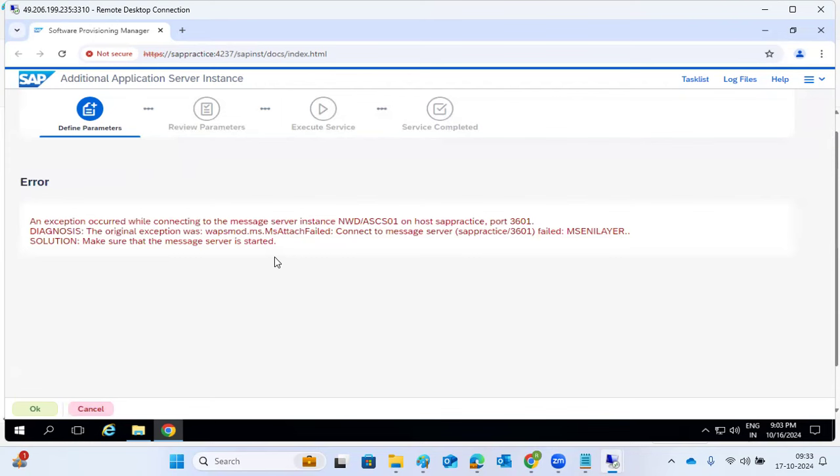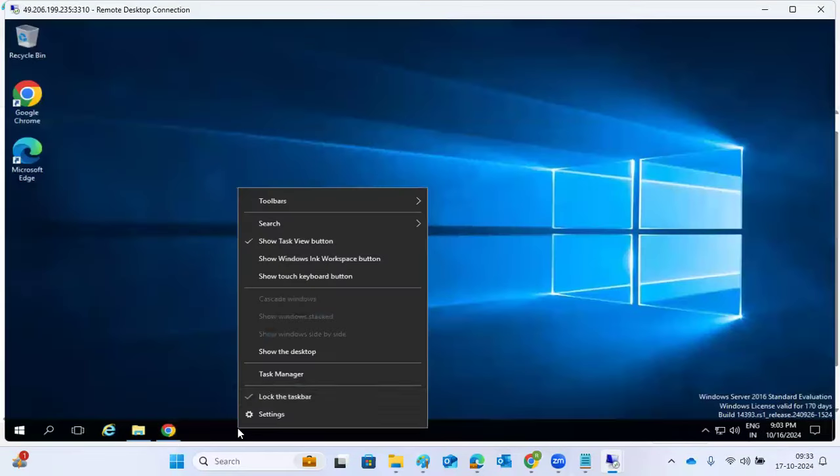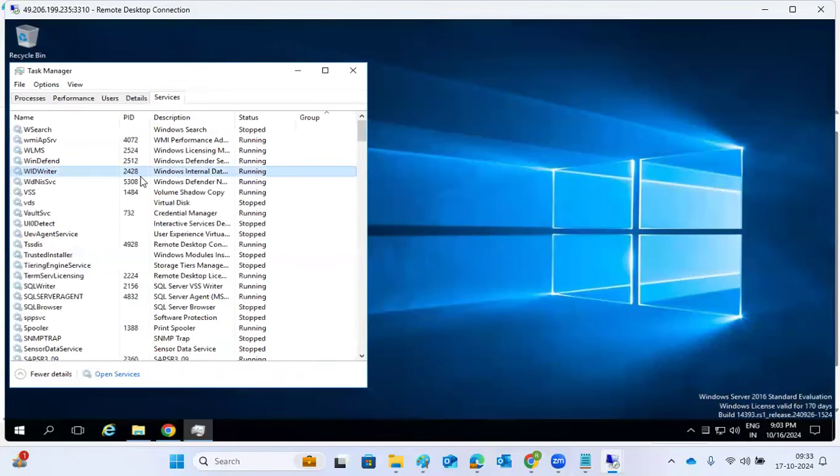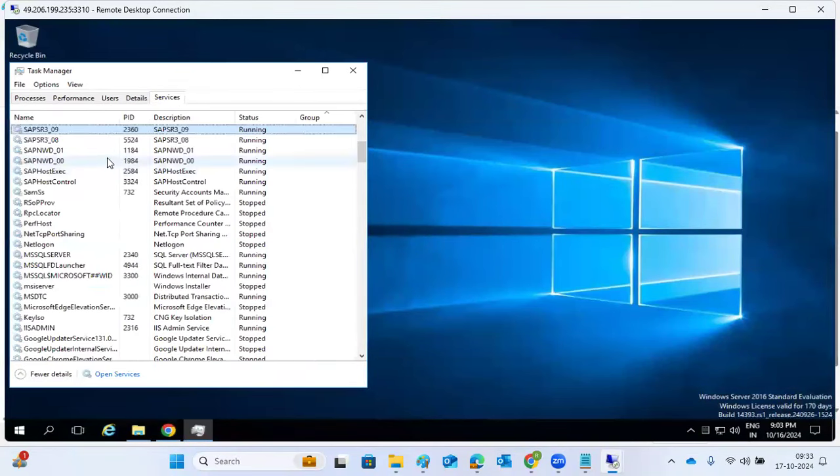An exception occurred while connecting to the message server ASCS on host. Maybe it may be in a stopped status here. Make sure the server is in running status. So how can I check here? MMC is not there. How to check? NWD is